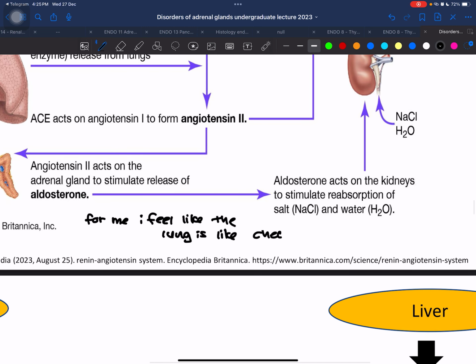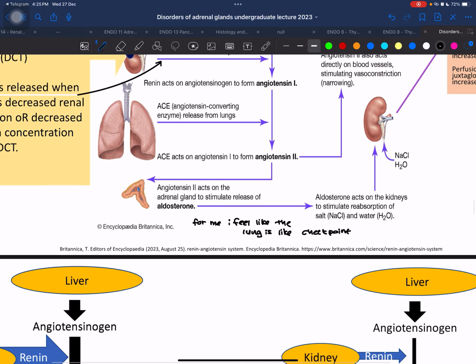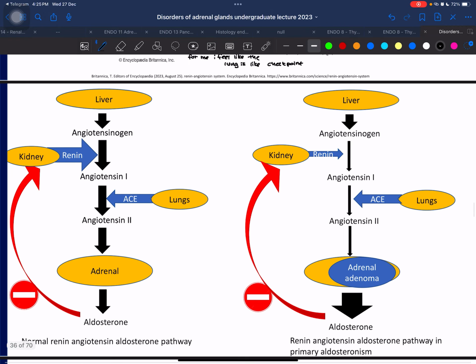Now, this is the condition when you have an adrenal adenoma, okay? So this is the normal condition, right? Like what I explained just now. So renin angiotensin aldosterone pathway, the adrenal adenoma just produces aldosterone non-stop, uncontrolled production. There's a negative feedback to the kidneys, the juxtaglomerular cells of the kidneys. So the renin production is reduced. It listens, okay, it reduces. Everything reduced. Angiotensin 2 also reduced. But this adrenal adenoma, this tumor does not listen. It does not care what the people above tell it.